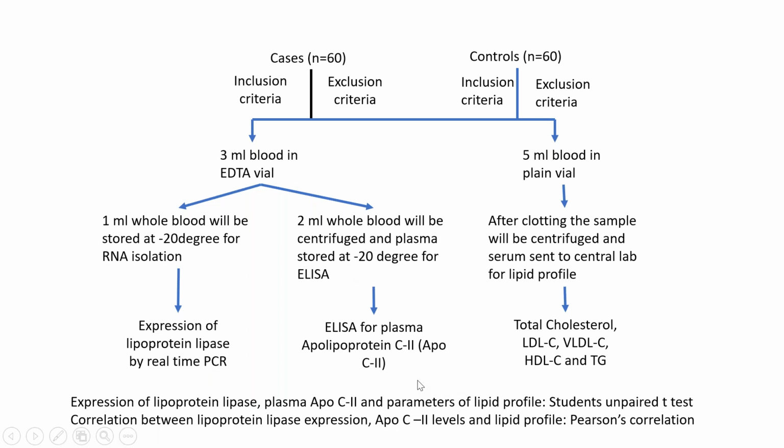So you give a brief outline of what you want to do, and also you mention what statistical analysis you will do. For statistical analysis, usually we play safe and write that we will do student t-test and Pearson correlation. But you have to clearly mention which parameters you want to compare, and deciding it beforehand gives your thesis more direction. So it is not that you end up saying nothing is coming out, so you over-analyse. Over-analysis is a bad thing to do in a thesis.